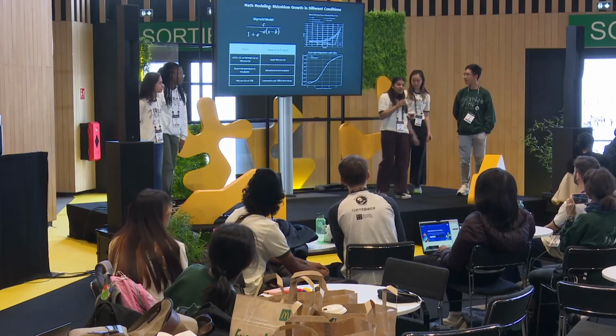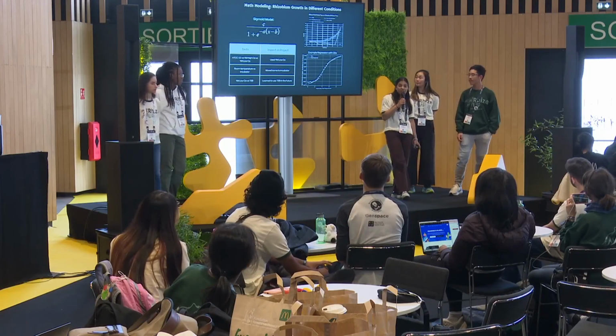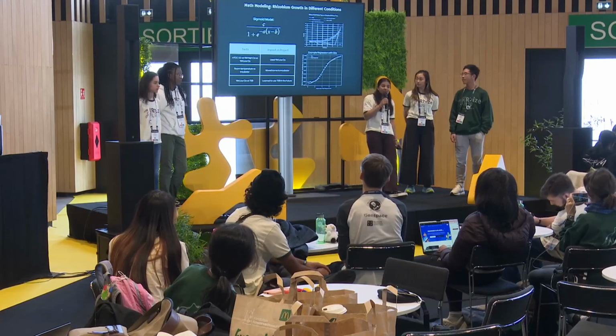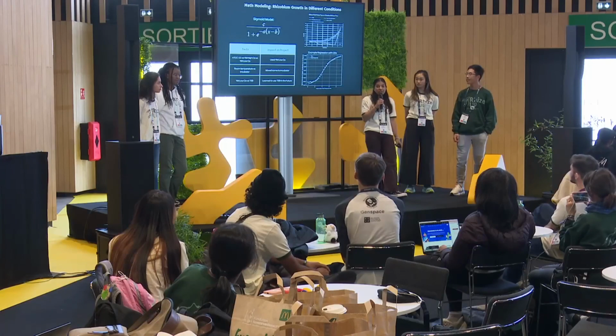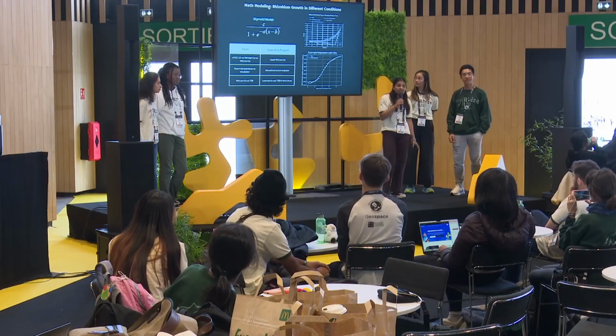For our math modeling subteam, our primary goal was to model the growth of our rhizobium under various conditions, which we did using optical density measurements and sigmoid growth curves. The general equation for a sigmoid growth curve is expressed as follows, with A representing the maximum growth rate,